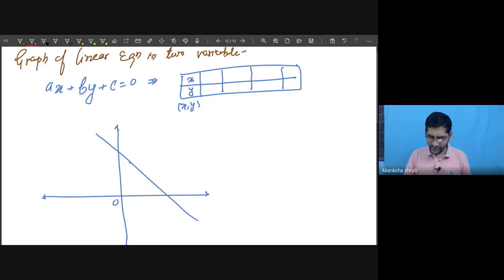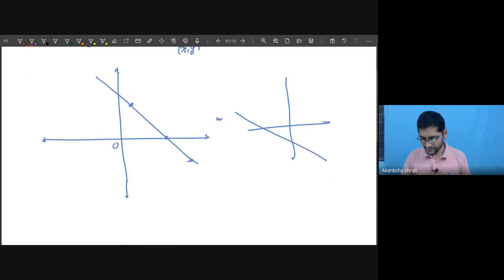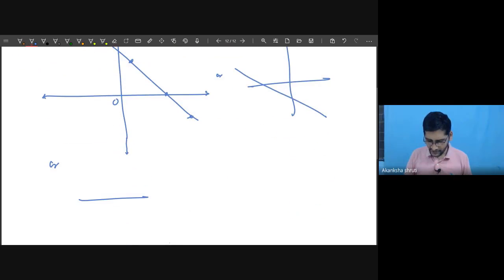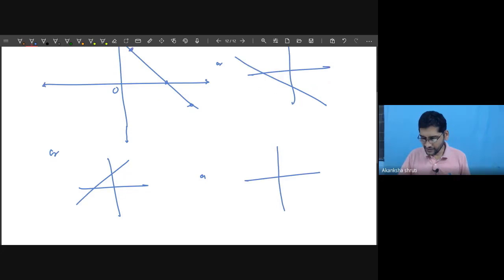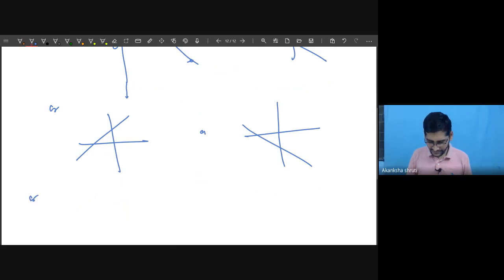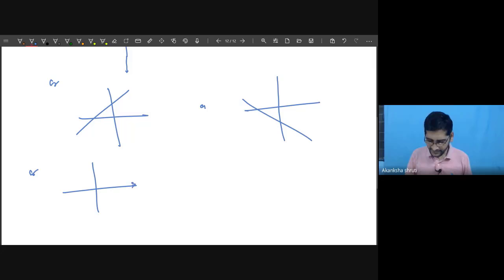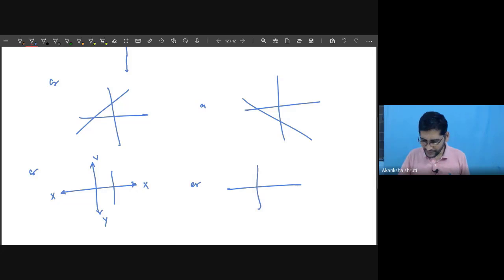It may be possible that the point is lying here, here, here, but it will always be a straight line. Or it may be like you are here, or in the other axis here. Say this is our x dash, y dash, but the line that we are obtaining is parallel to the y axis, or maybe parallel